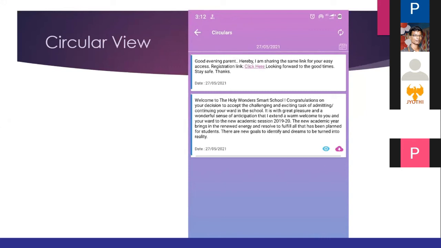Is there any option to enter the syllabus for the whole year by a particular subject teacher? I think it is very difficult for the office admin to enter the whole year syllabus. It will be very easy if the particular subject teacher enters the syllabus.